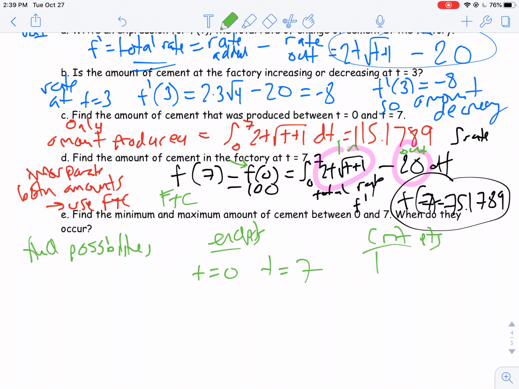Now for the critical points, this is a little different because the critical points are when my total rate is equal to 0. So what I'm going to need to do is graph that total rate. So I'm going to need to graph 2t root t plus 1 minus 20. So I'm going to graph this on my calculator as y1. Anyway, once I've done that,